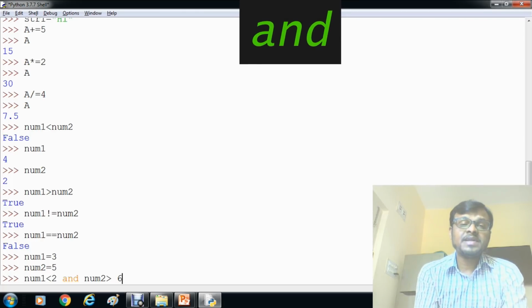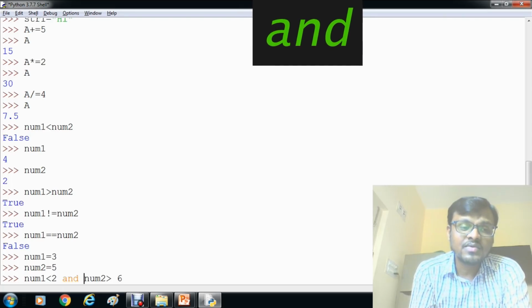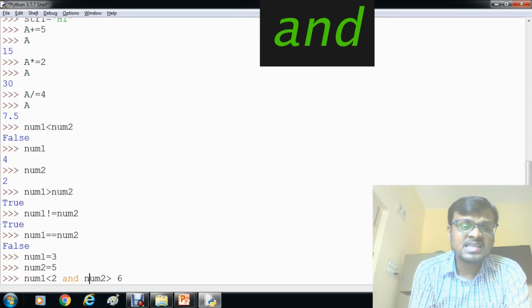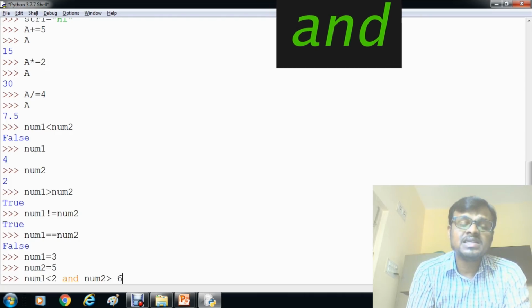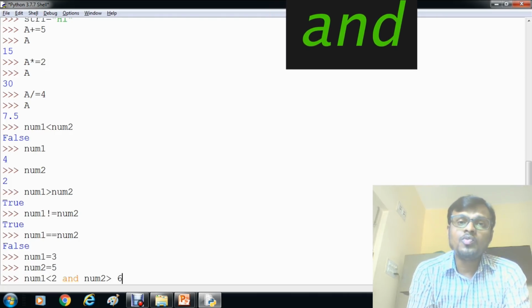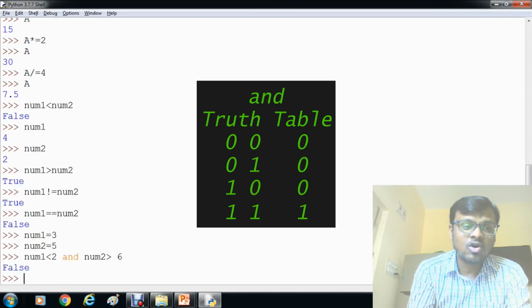So this expression will get evaluated, and here in between I have used AND. So AND is the logical operator. This logical operator gives the output true only if the two conditions are true. Now we'll check what will be the output. False, because num1 is less than 2, so this is wrong. Num2 is greater than 6, this is also wrong.